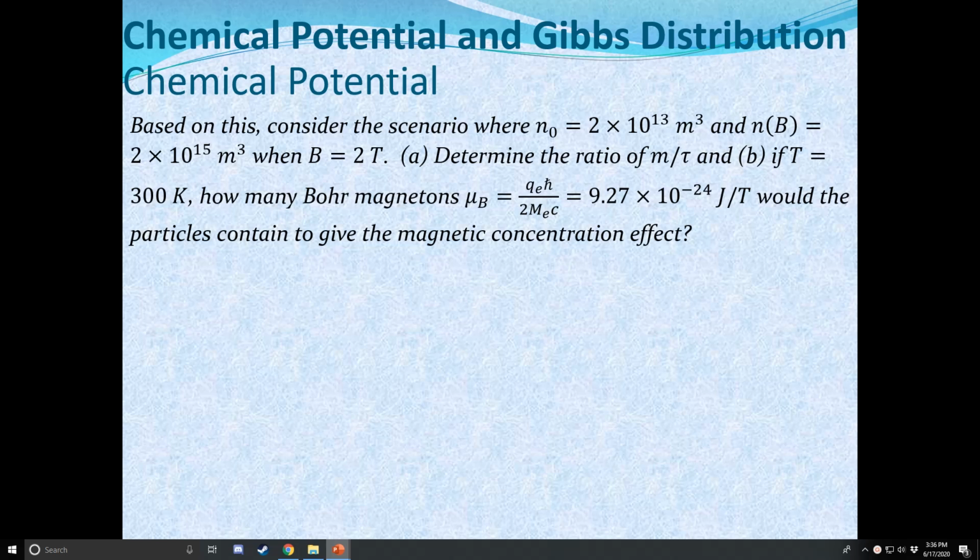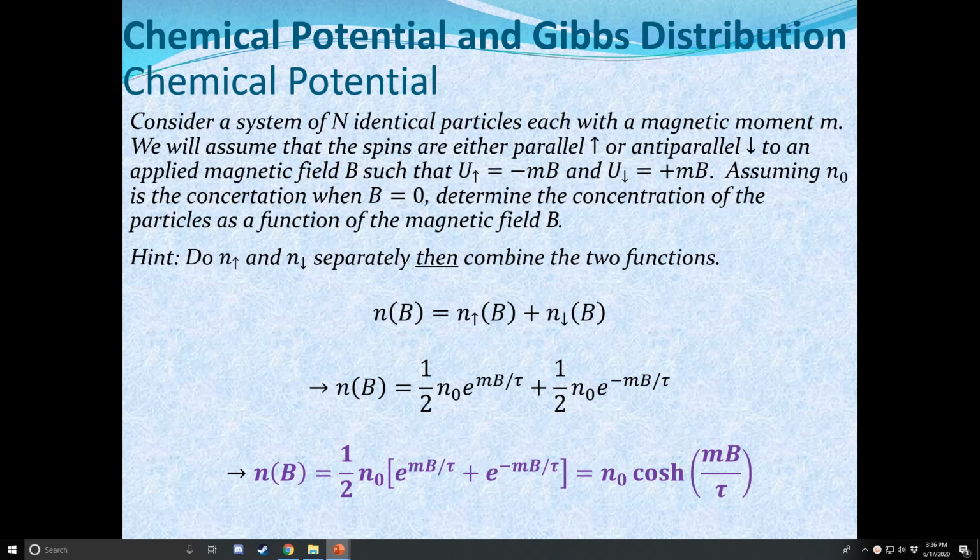All right, so as you recall, we had two equations for the concentration as a function of the magnetic field. We had this one that had the e's involved, and then we had the cosine one. Now, this is what I said before about how it becomes significantly easier to solve for certain things using this form of the trig function. So this is what we're actually going to end up using